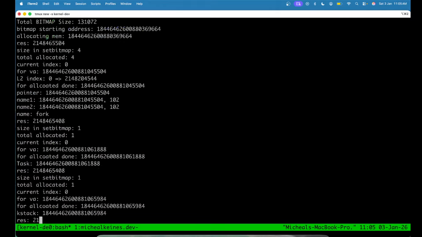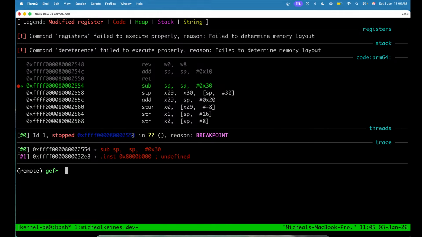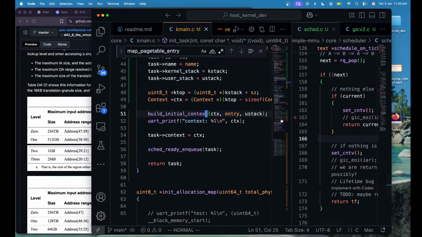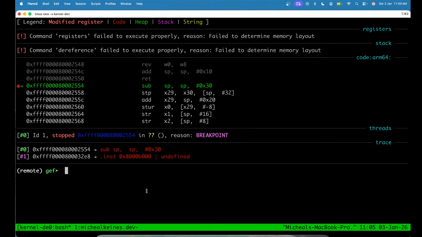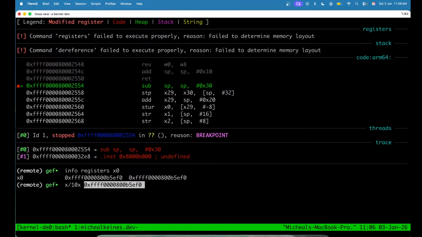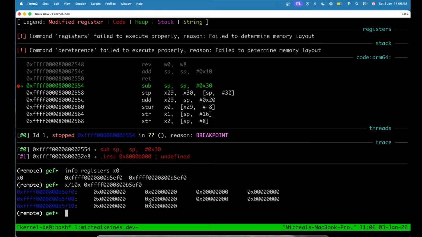Okay, now if we run, we are in the build context, and the build context is supposed to take the first argument as ctx. Or cdx, it's supposed to be x0, I guess. Let's see, x0. Okay, this is exactly what... and even here it's all zeros. Maybe we'll just try 100